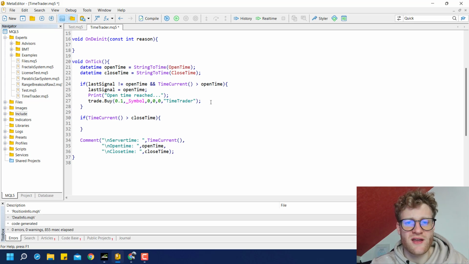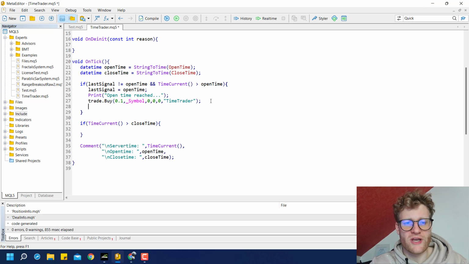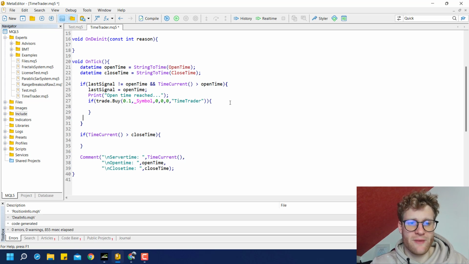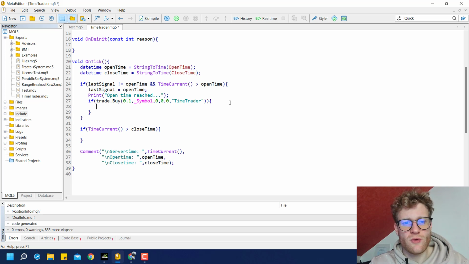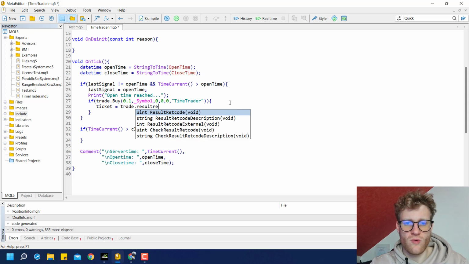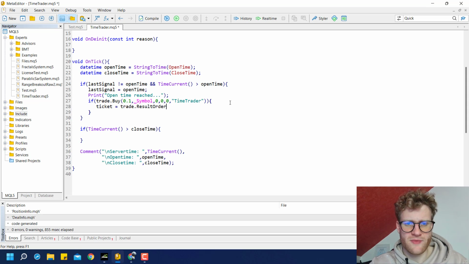So what we can do is we can check if this trading operation was successful. So we can just check if we were able to open a buy position, and then we want to update our ticket variable. So we say trade result order, and this is another function of the CTrade class, which will return the order that was the last order that was sent by this trade object. So we just store this order in our ticket variable here, and maybe we can even print it in the chart